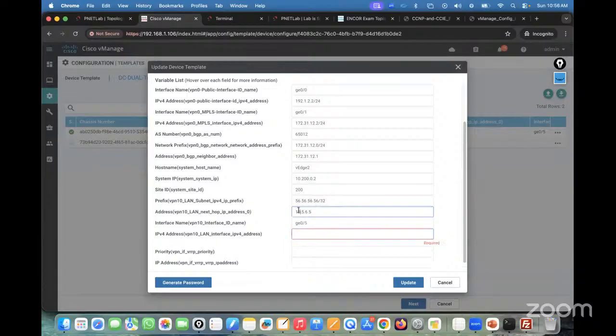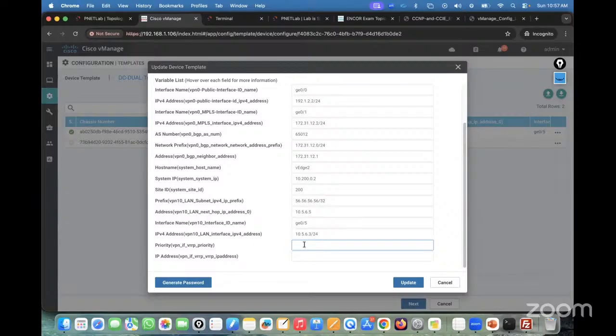LAN IP address is going to be /24. I'll use the 3 here. Priority I'll put the 150. Default is 100 and this